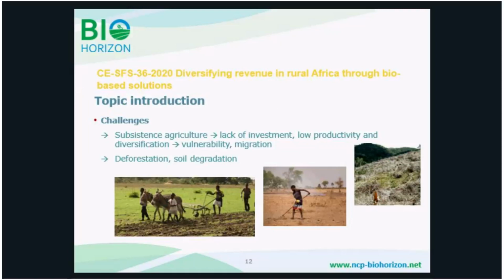This is the final topic that will be open in the work program of 2018-2020 for Societal Challenge 2, and it focuses on diversification of rural Africa. It has a topic identification in front of it. You can see the CE. It focuses on circular economy, which is a horizontal aspect across Horizon 2020 and is one of the priorities of